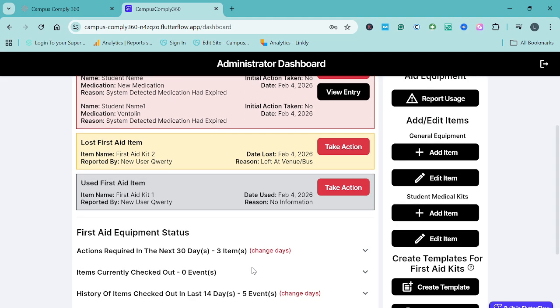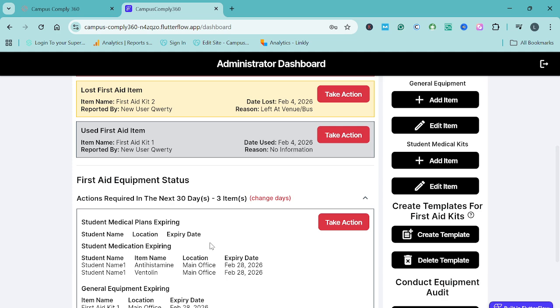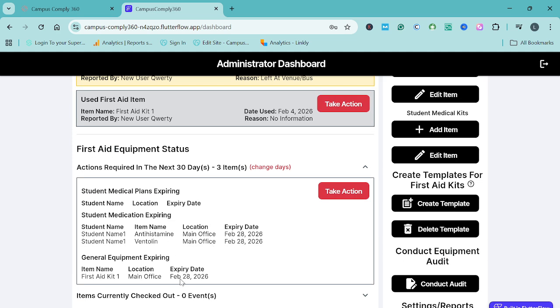So we also have in our dashboard down here actions required in the next 30 days, the number of days can be changed to whatever you like. But once you click on that, it will show you the events that are coming up that are requiring your attention. So this is coming up in about 4 weeks' time. And so that allows you to then, if you want to, create an action